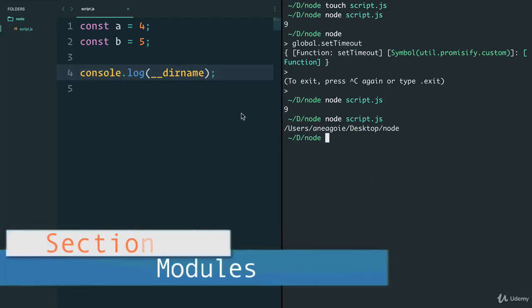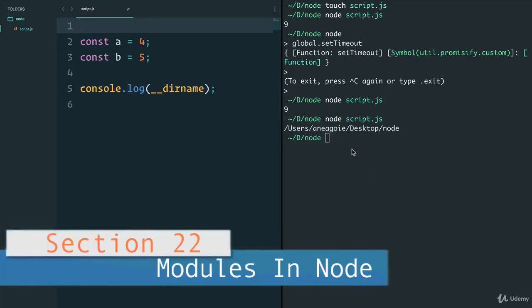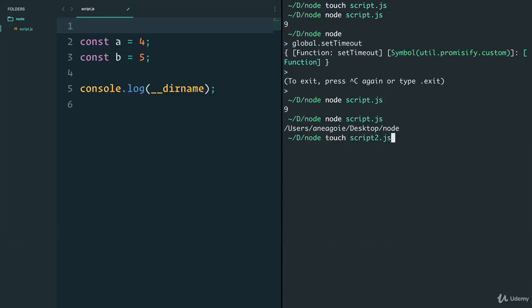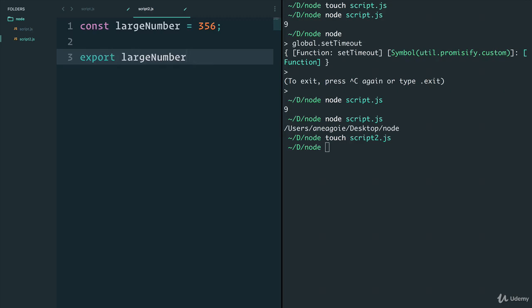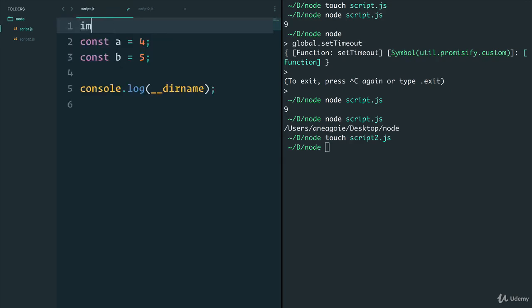Now going back to my example here, let's add a new file and we'll call this script2.js. Now the script2.js can have a constant called largeNumber, and let's just say that's 356. And if we want to export this, we say export default largeNumber, and now within script.js I do import largeNumber